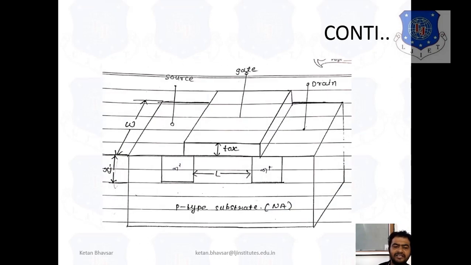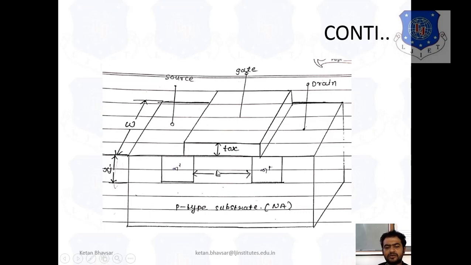Now we have a diagram, as you have already seen in the previous session, of an N MOSFET, where we take a P-type substrate and diffuse N plus impurities. The total channel length is established in the linear region, from y equal to 0 to y equal to L. So we have the length L, and the source, gate and drain terminals. You can also see the width of the MOSFET, the junction depth xj, and TOX, the thickness of the oxide at the gate terminal.